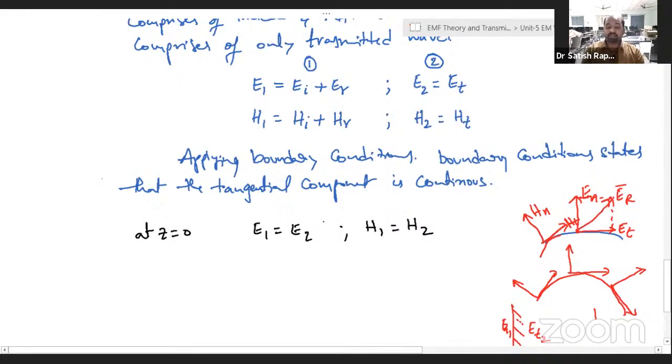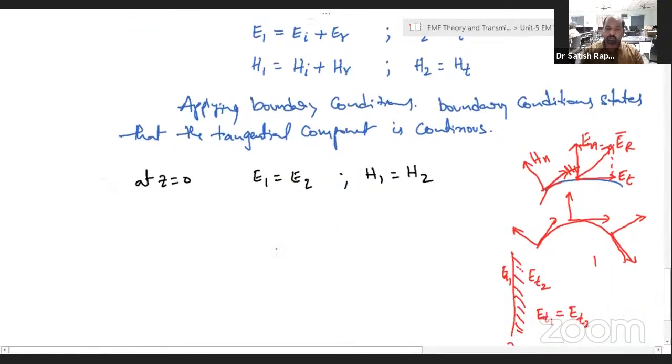So at z is equal to 0, the tangential component of electric field in region 1 is equal to the tangential component of electric field in region 2, and similarly the tangential component of magnetic field in region 1 is equal to the tangential component of magnetic field in region 2. So that is the boundary condition. So from this we can write